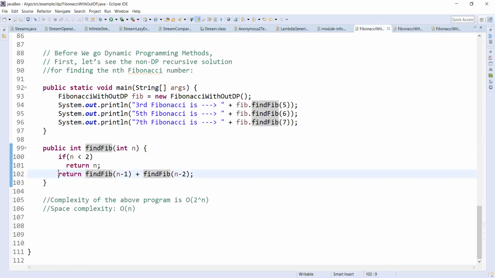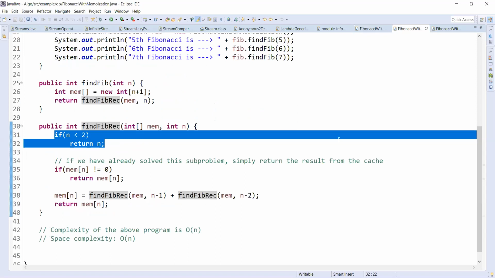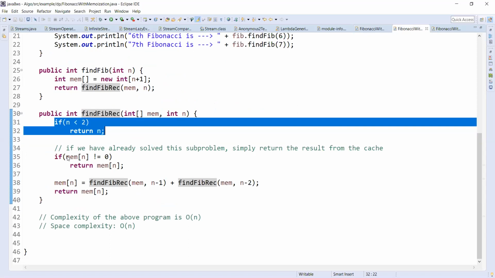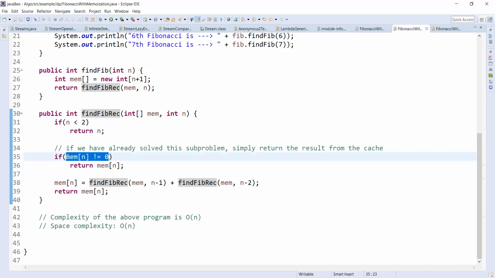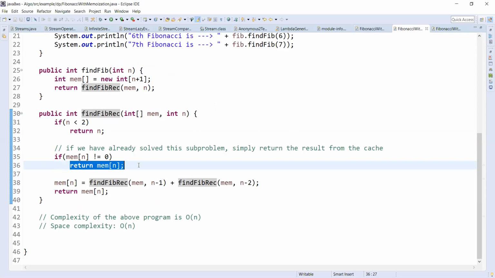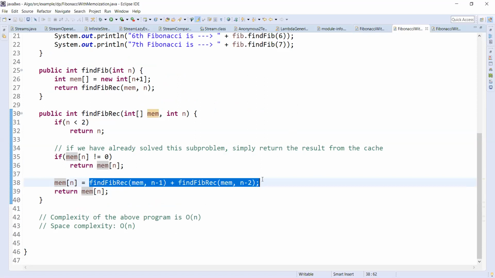In the original recursion program, we simply returned find fib n-1 plus find fib n-2. But here, we check whether the result is already calculated. That means, do we have any result in the memory? If it is, we return from there. If not, we solve that one, store it in the memory, and then return from the memory.